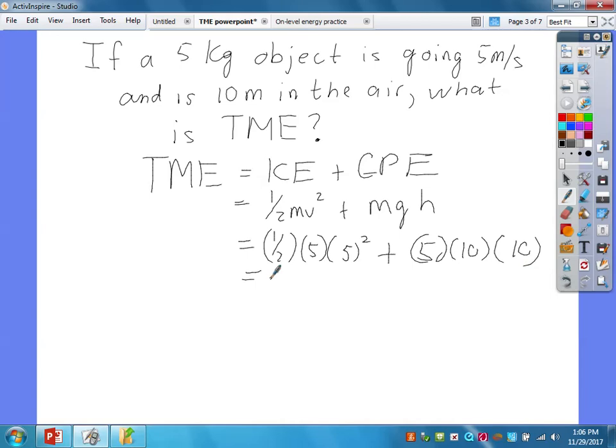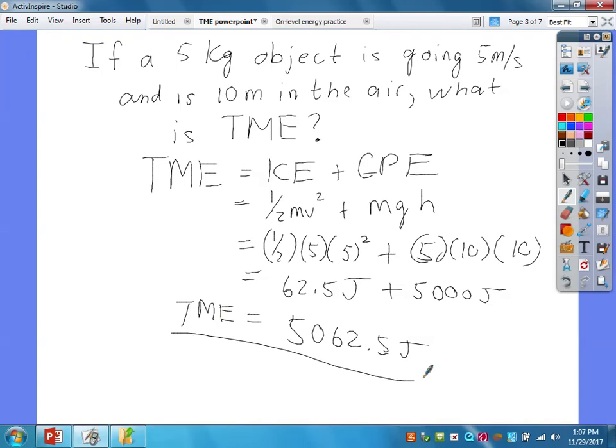So this would be what? 25, 125, 62.5 joules of kinetic energy plus 5,000 joules of gravitational potential energy. So then the total mechanical energy is those two added together. So 5,062.5 joules of total mechanical energy. So that would be an example of a problem where they give you everything and they say, what's the total mechanical energy? The thing is, guys, be prepared where I could just say, what happens if the 5 kilogram object